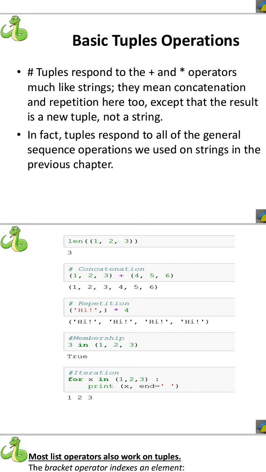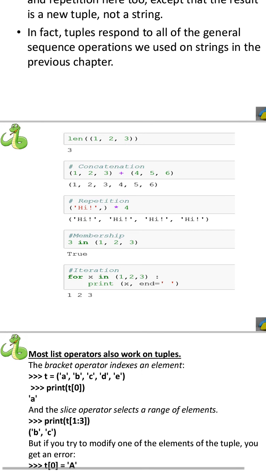In the below examples, we can perform built-in functions like length, and we can also use the in operator on a tuple, and we can also traverse tuple elements one by one using a for loop. In the first example, my tuple has three elements with values 1, 2, 3. When I perform the built-in function length on the tuple to calculate its length, it outputs 3, because the tuple has three elements with values 1, 2, 3.